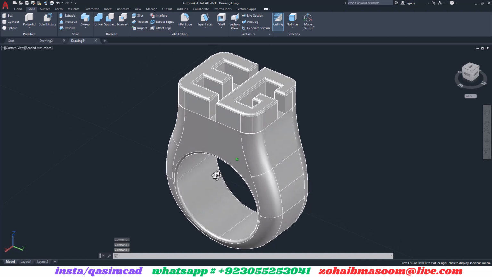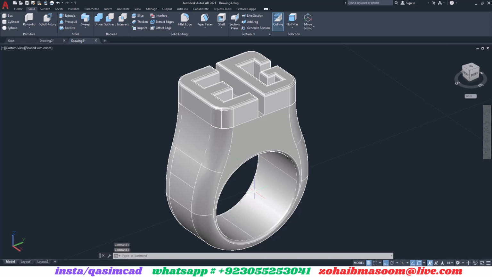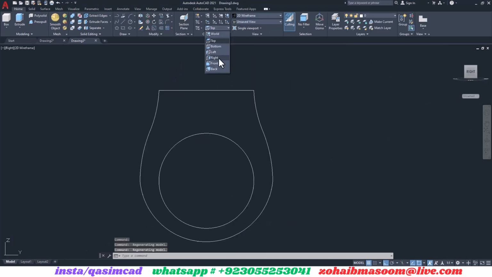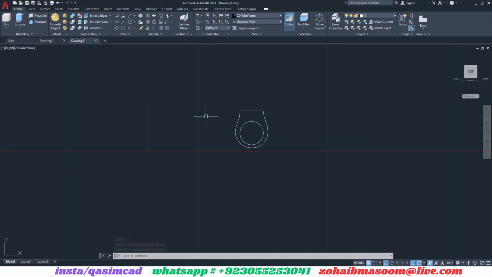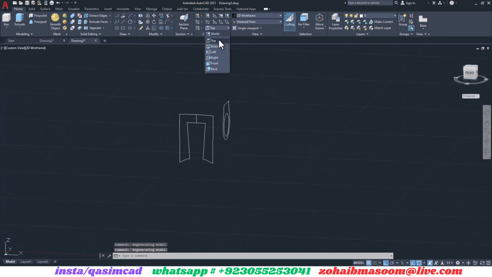In this video, I am going to show you how to draw a ring with Type DG, a 3D model in AutoCAD. First of all, you have to draw a shape of the ring in right side view. You can change this view in UCS Coordinates tab, and then go to front view and draw this type of